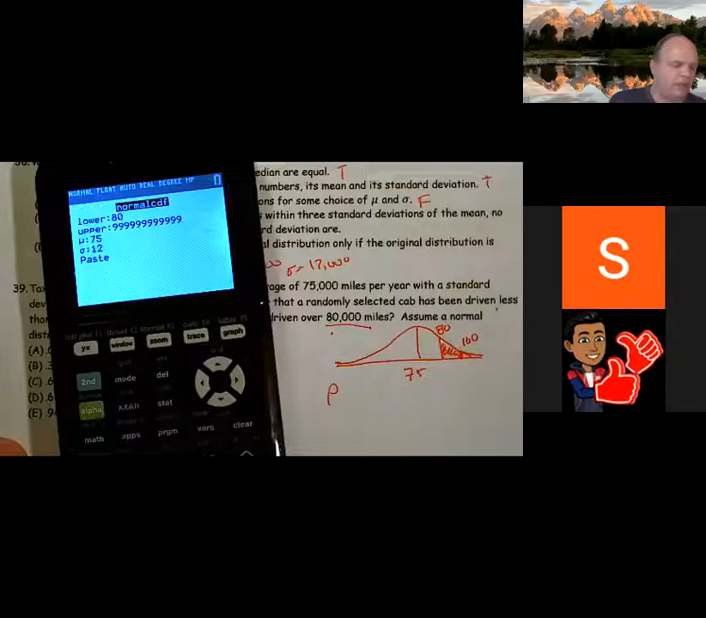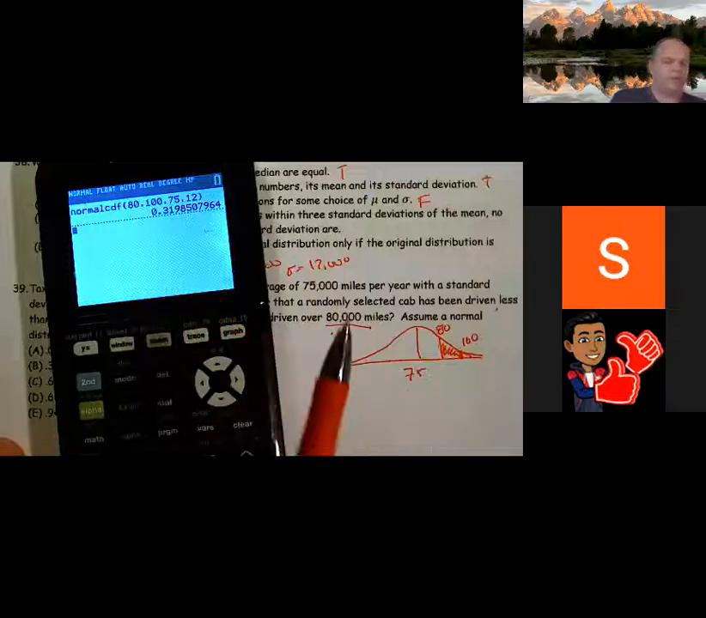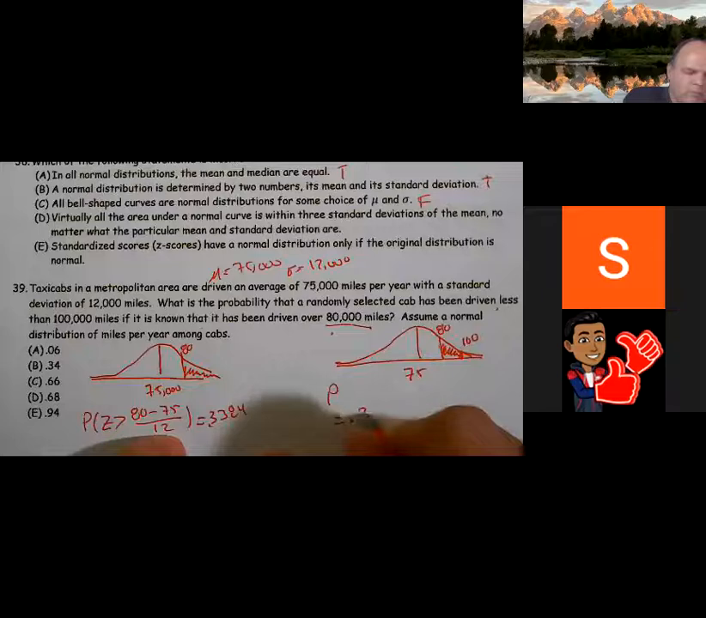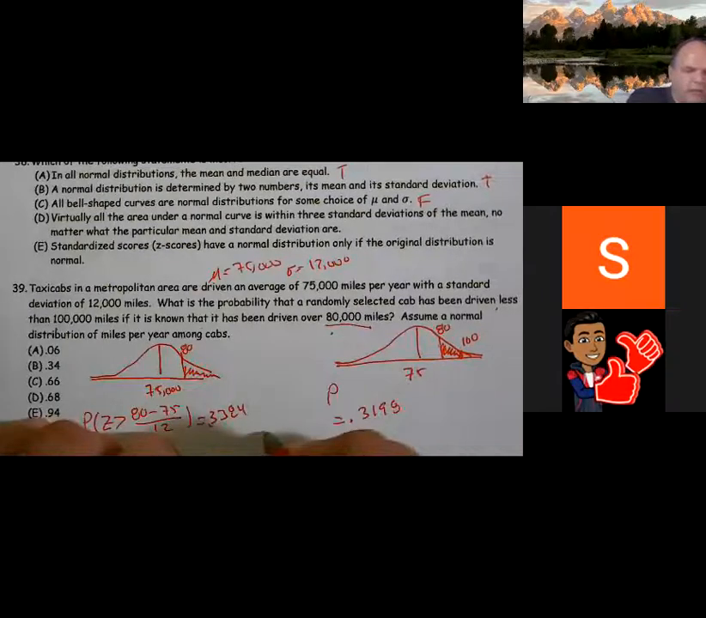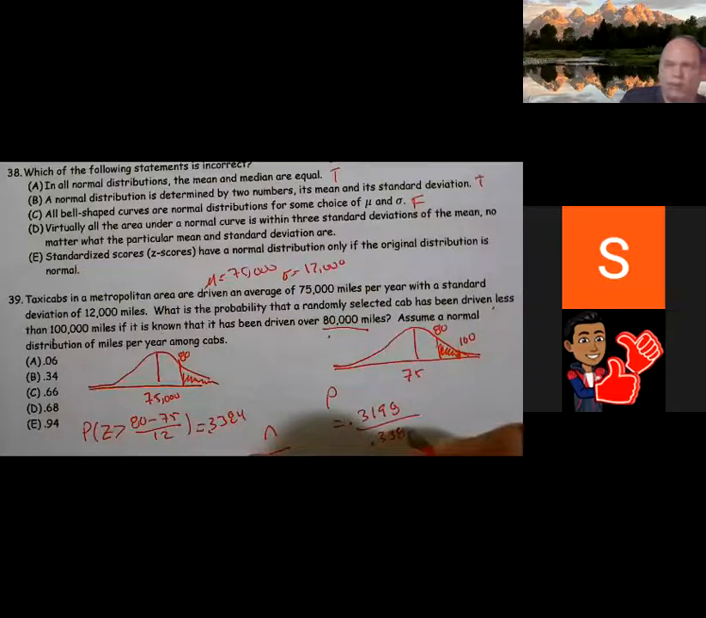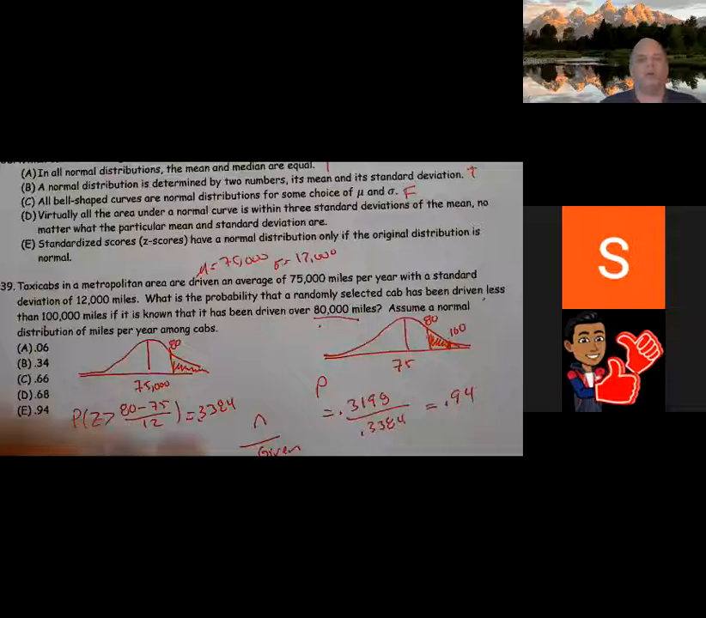So normal CDF, 80 is my lower, 100 is my upper. Mean is 75, standard deviation 12. And we have 0.3198. And please remember, once again, it's always intersection over given. So 0.3198 divided by 0.3384. Once again, if you ever get a probability greater than 1, you messed up. So approximately 0.94, which is what we